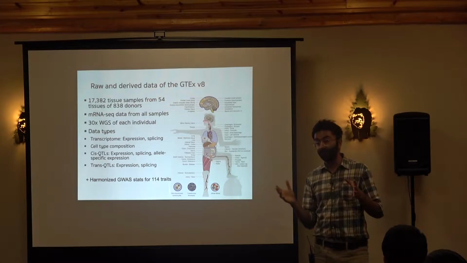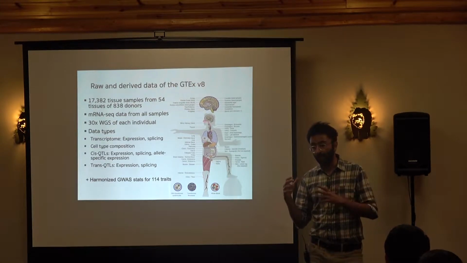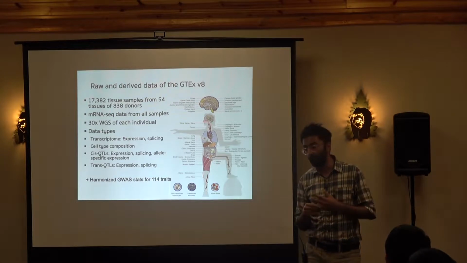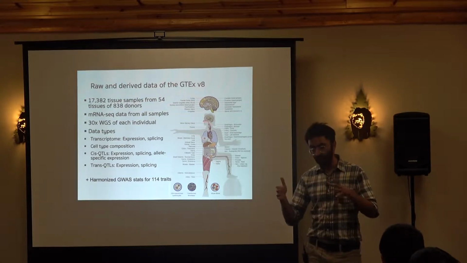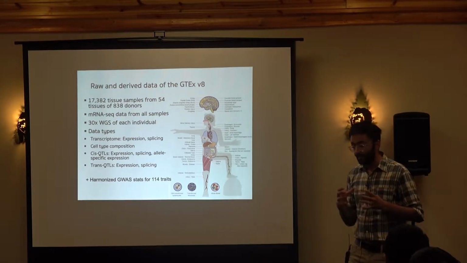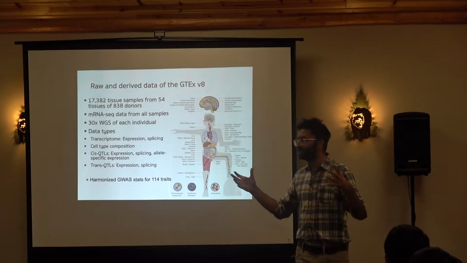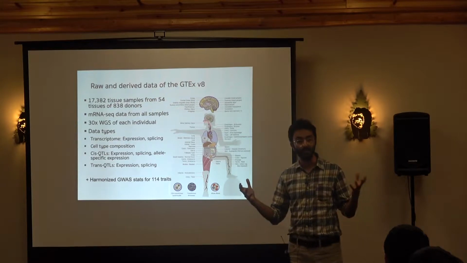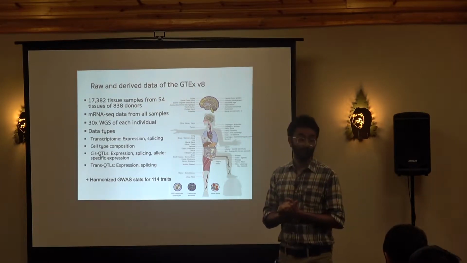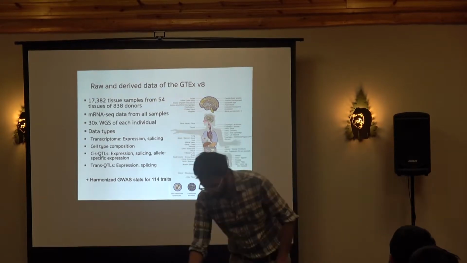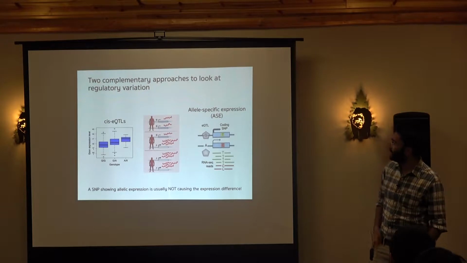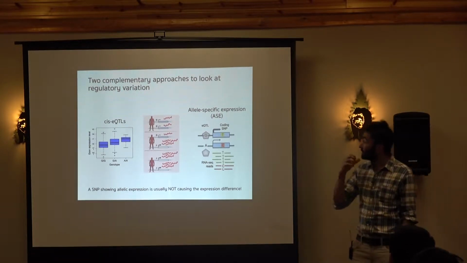They got around 50 tissues from each of them, and in total about 20,000 samples from different tissues of these people. And then they did whole genome sequencing, RNA sequencing, and a bunch of other assays on all of them to basically just identify these types of regulatory patterns and general variation in regulation of gene expression in different human tissues. Now, this type of study usually looks into regulatory variation, genetic variation in regulation,